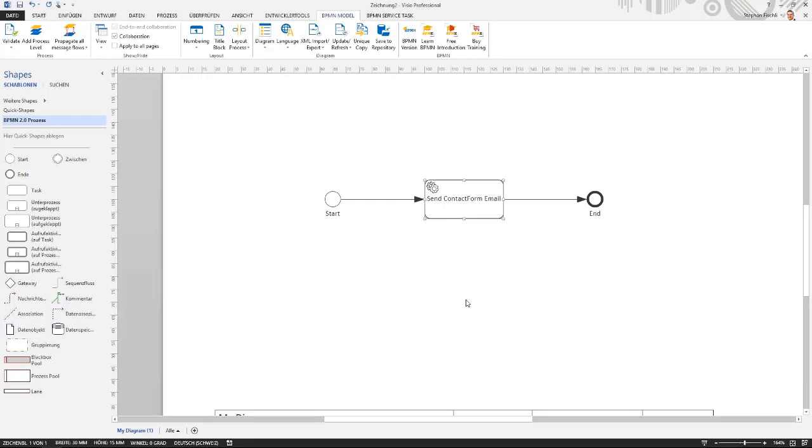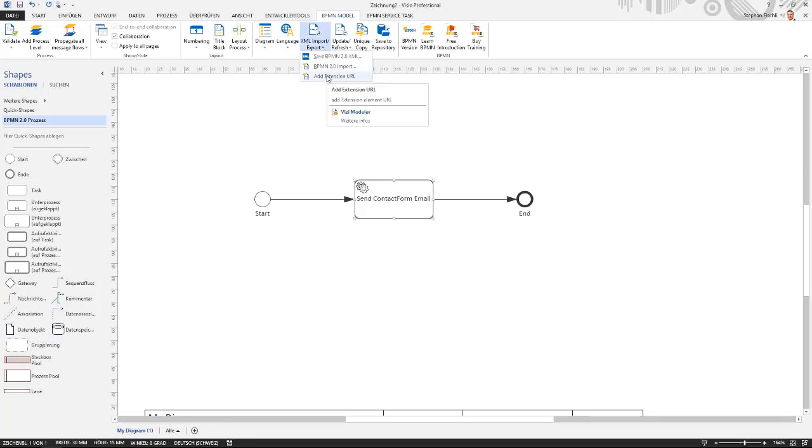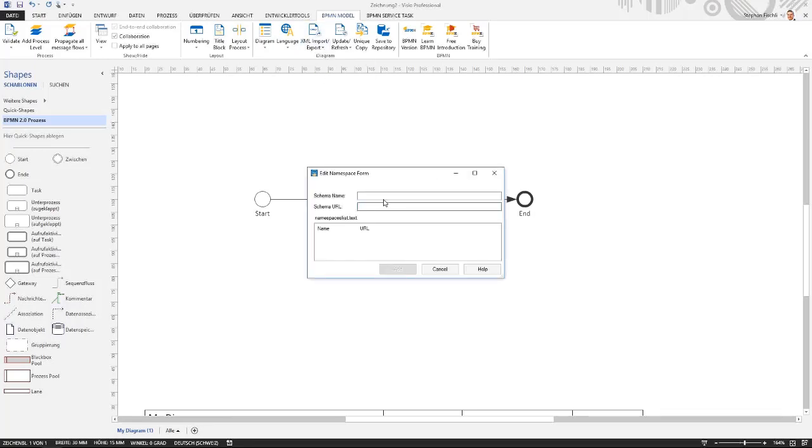For that, we need the ProcessMaker XML parts. We have to add them to the BPMN model. First of all, we need a namespace for this, so we can do this here. We can add this namespace. It's called PMIO, I understand, and we need the URL for this namespace, which I have to